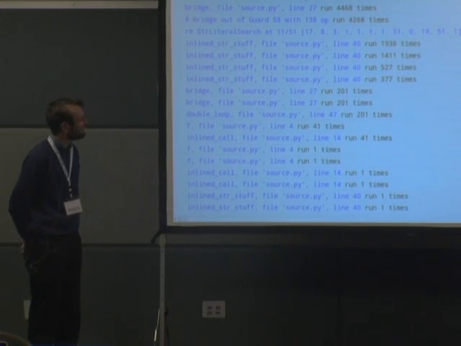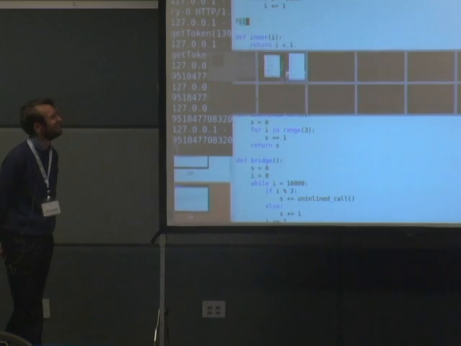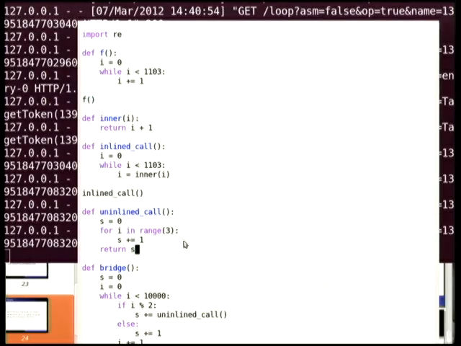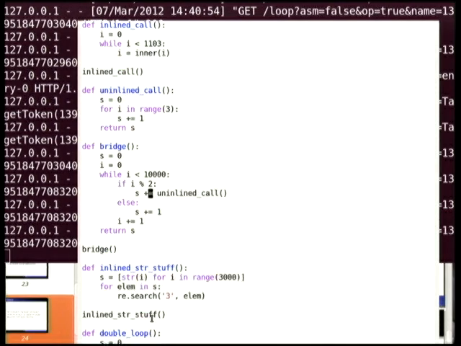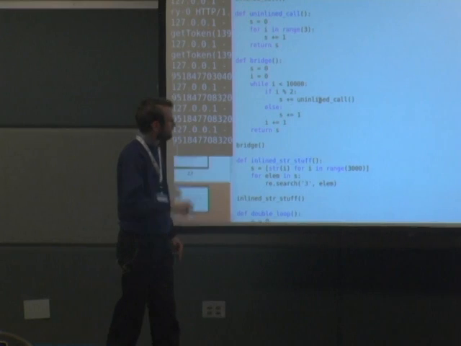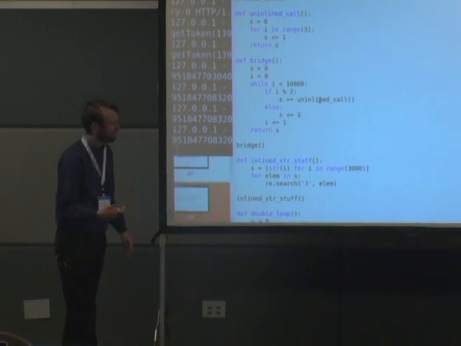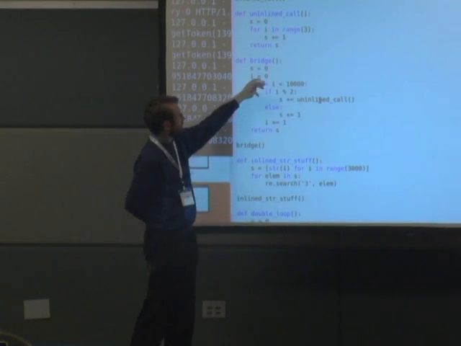Okay, then a slightly worse example. This has a branch and an uninlined call. It has two different things in addition to the previous example.